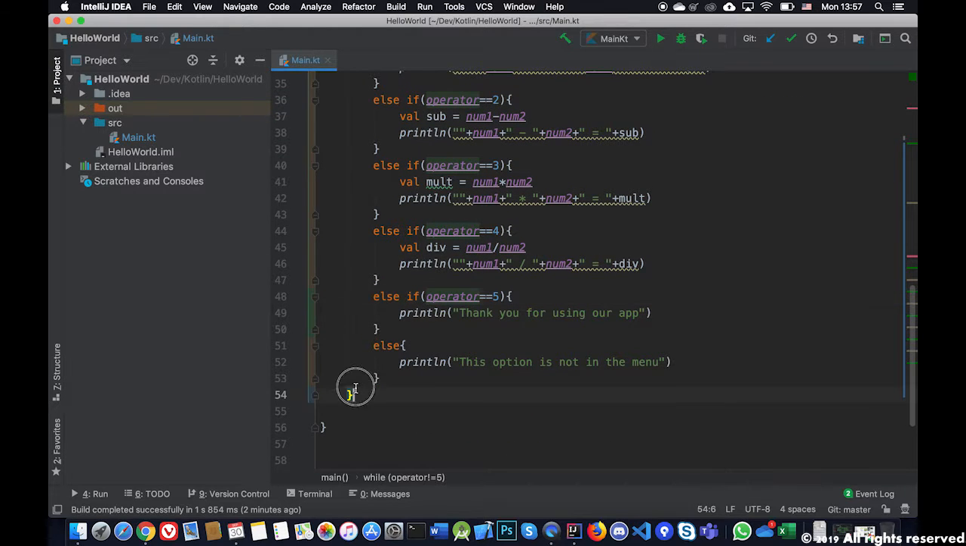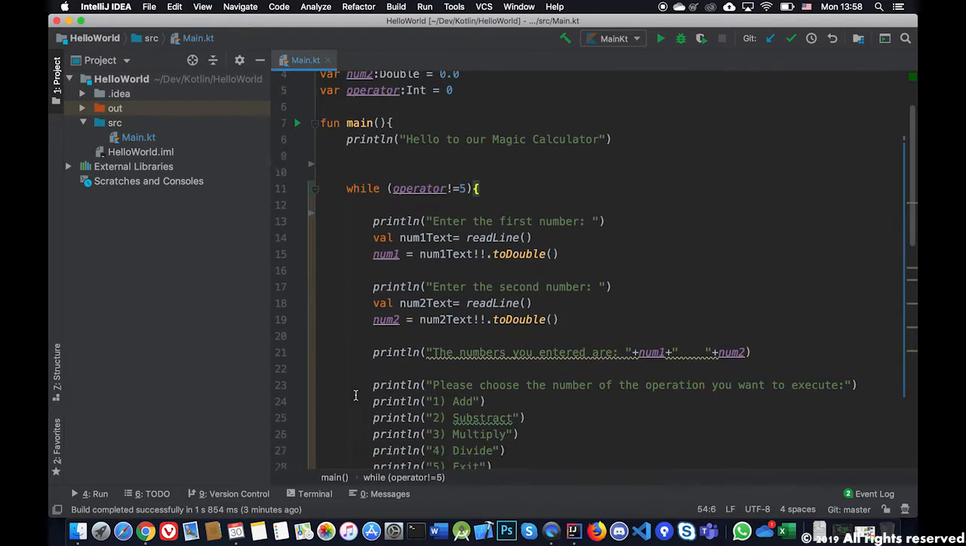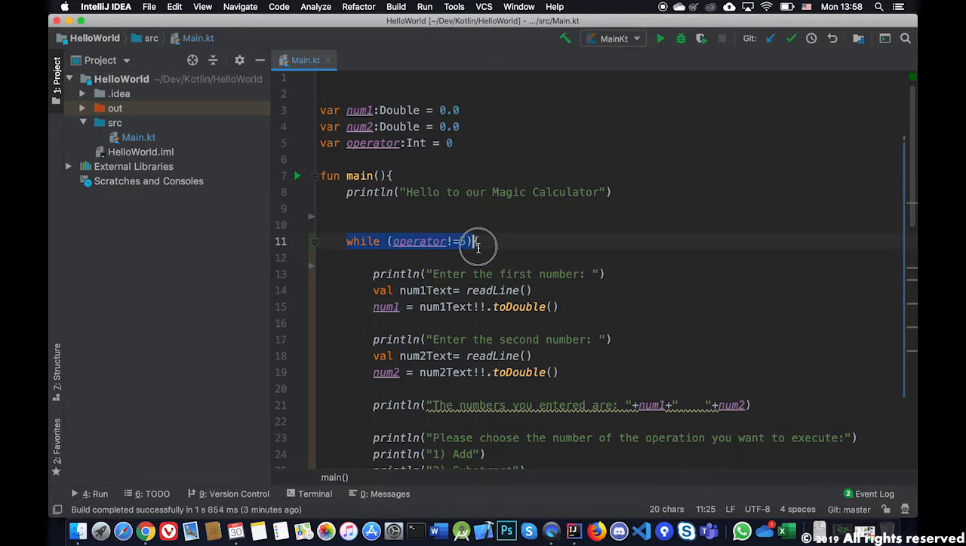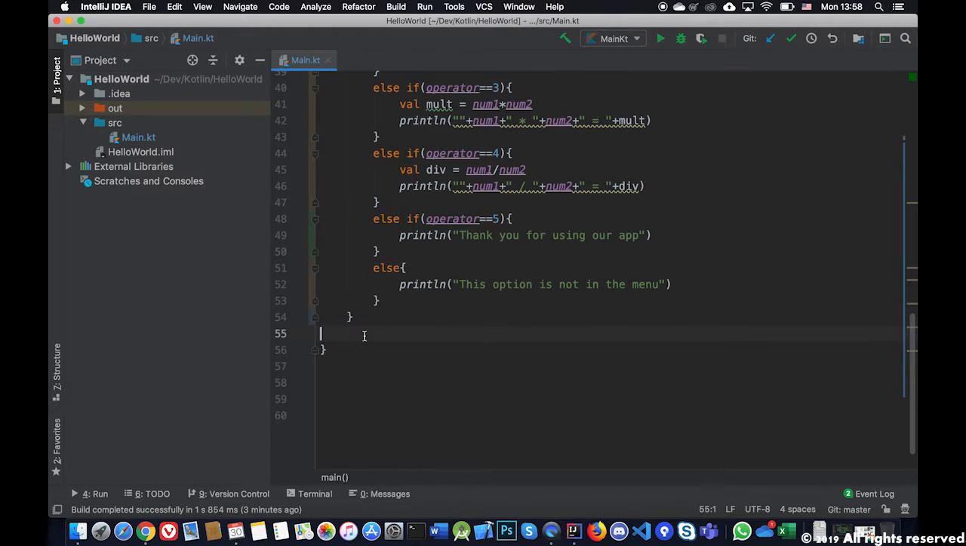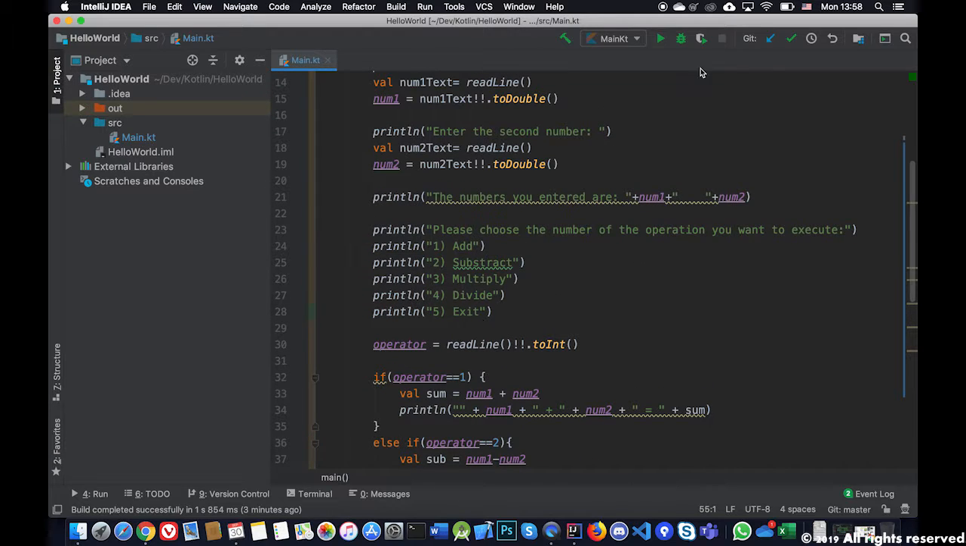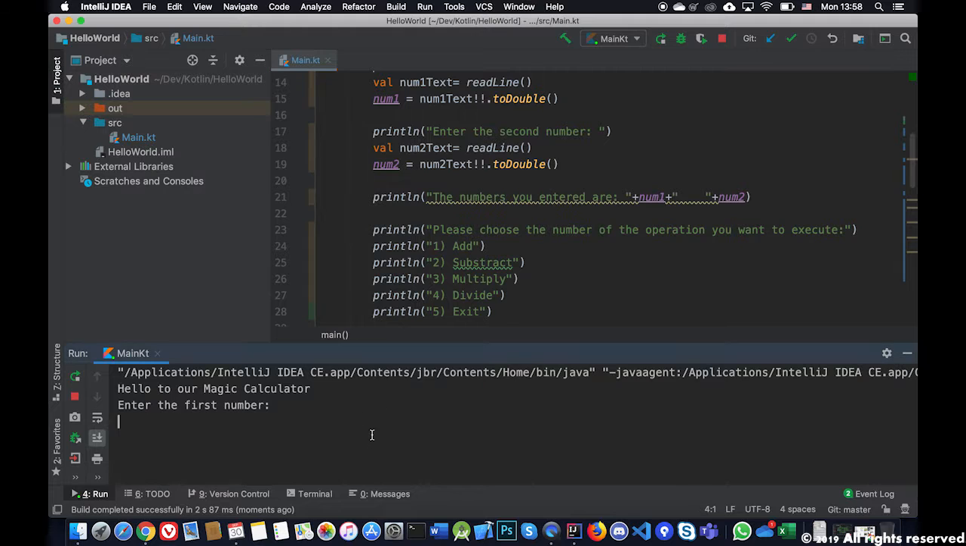So once it reads the line and it passes through here, when it gets to line 54, which, as you can see, is the end of the block that begins up here at line 11, it will try to go back up here. It will check if operator is not equal to 5, and because it is equal, it will just immediately go after this line to line 55. Okay, let's try it. If we execute,